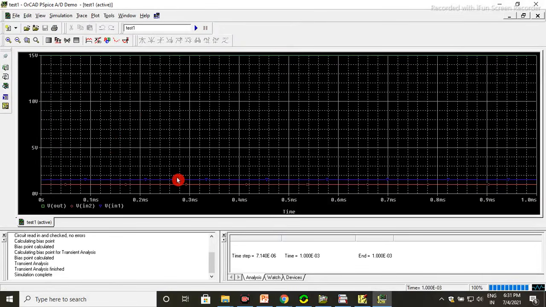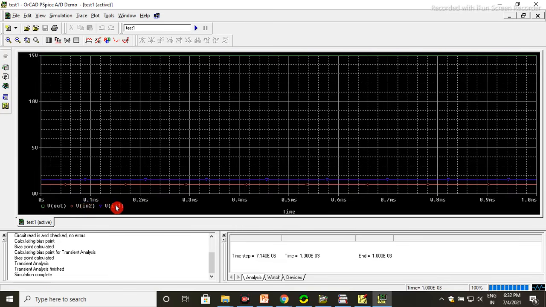This output will come. The green color is the V out, and this portion is the source. Blue color is V in 1, and red color is V in 2.